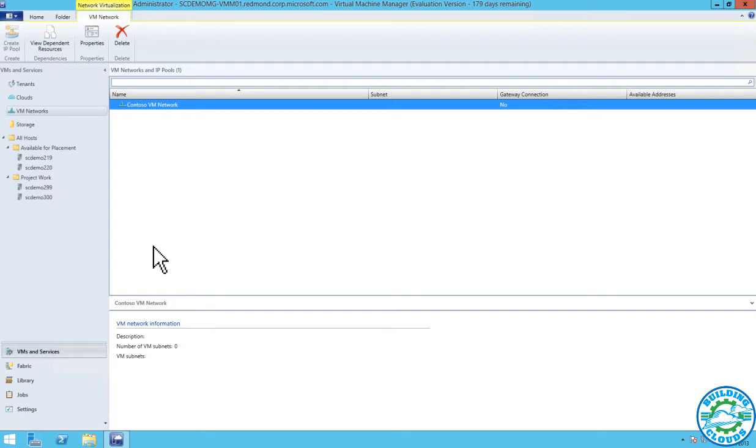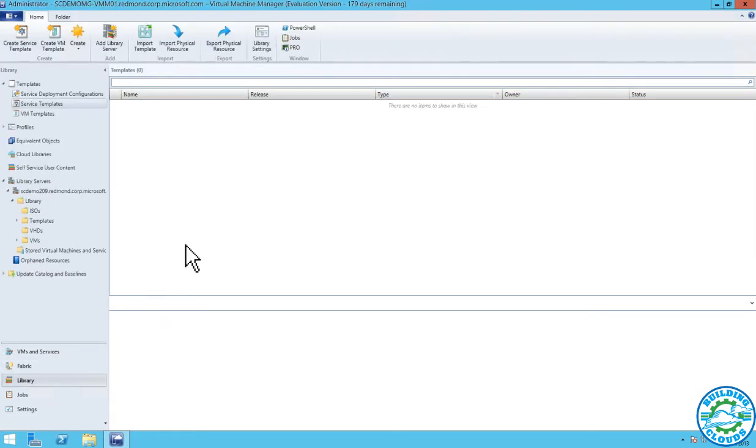It's not allowing the physical adapter to be shared by the host or anything like that. No VLAN assignment, and it statically assigns IPs as new VMs come online. And that's pretty much it. If I go to the library, the next thing that I want to show, if I